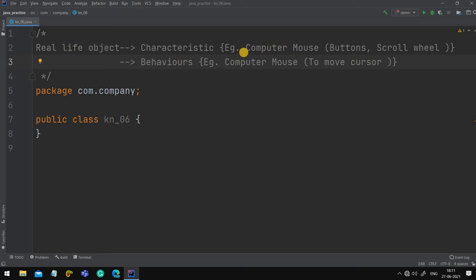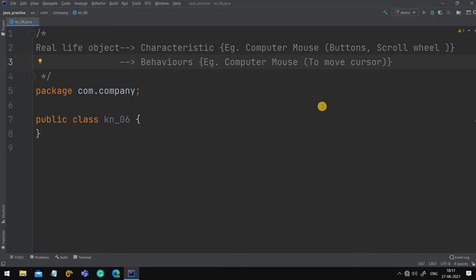Now one more behavior it could be for playing games. Not playing games, simply to move the cursor. Only one behavior it is having. Here a mouse, which was a real life object, has some certain characteristics, those are the buttons on it and the scroll wheel present on it, and it has a certain behavior, that is to move the cursor.